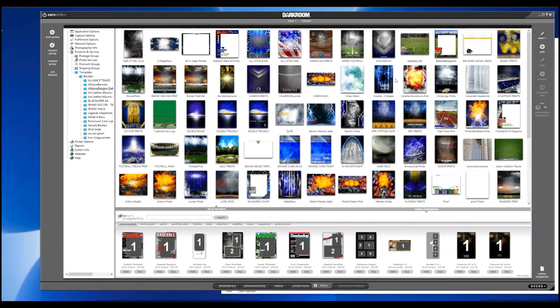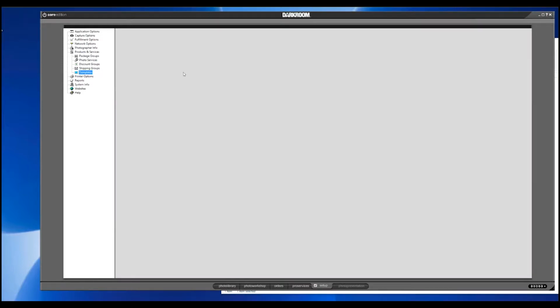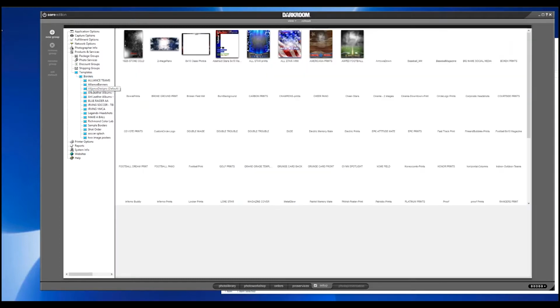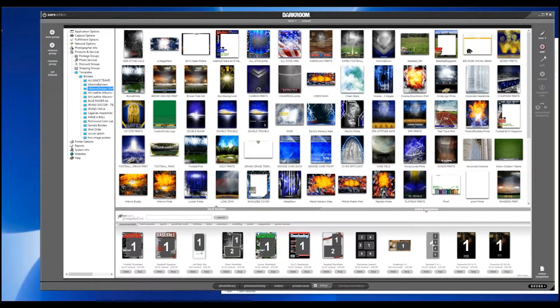These weren't here a minute ago when we were just in templates. There was nothing over here on the right hand side. But once we opened up the borders and then picked a group, Alliance Designs, now we've got options over here